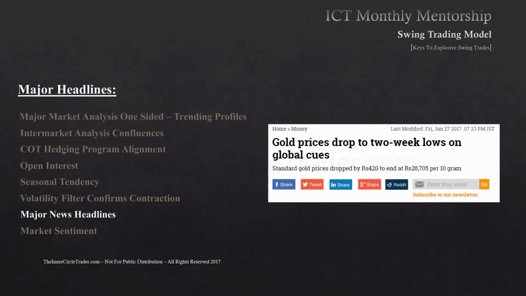For futures, I subscribe to Futures Magazine, and every month they talk about a particular market or two, and they say how great this market's been moving or how bad something's been happening. Usually that's the catalyst that really sets up a really nice swing trade. And you can also see that on the internet, just go through the major headlines, go on Market Watch or